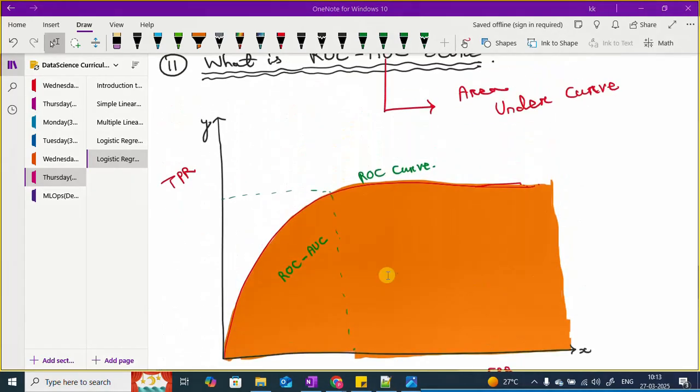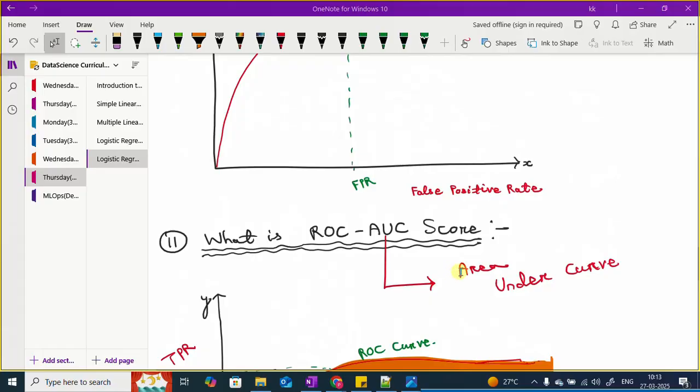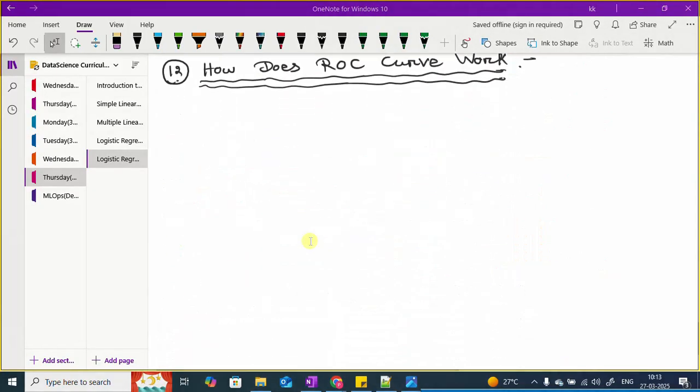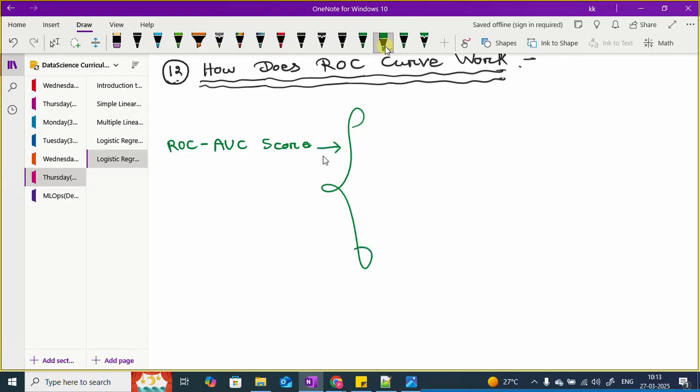Sometimes, as I told you before, guys, there is something called a score. ROC uses a score. What is the score all about? Let me write it down fast. Coming to the score, guys, there are basically two different values. Let me write down AUC, ROC, AUC score. There are majorly two different values altogether. If the ROC AUC score is